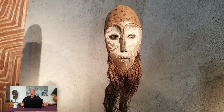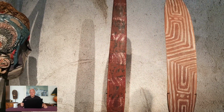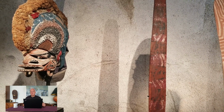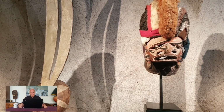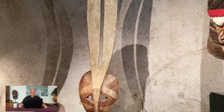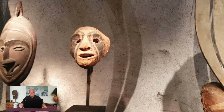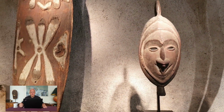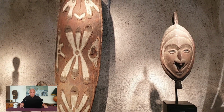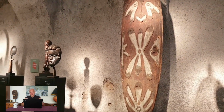On the left side, for example, you had Eberwein objects, who was famous for Egypt, but here once again, this is Flak. The first thing was, of course, this is Australia. Here's Tatanua. And Flak is always good. He takes part in a lot of fairs, and he's always good. And here, Vanuatu on the right, a very old shield with graphic forms. I'm not an expert in shields, but this is a good one. And here's some